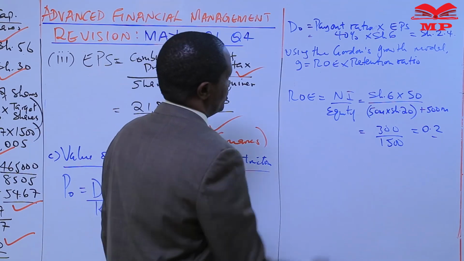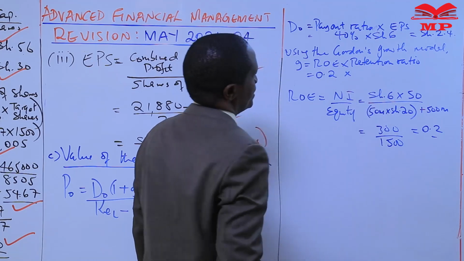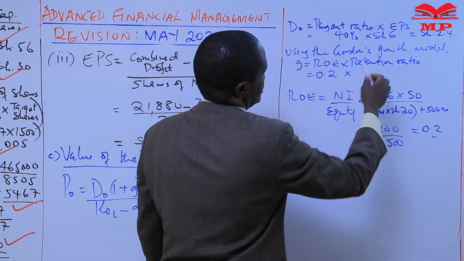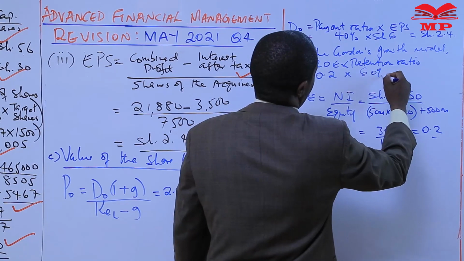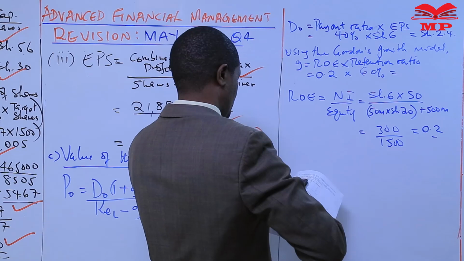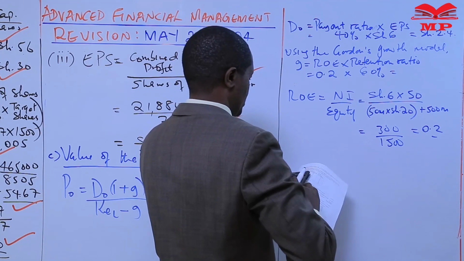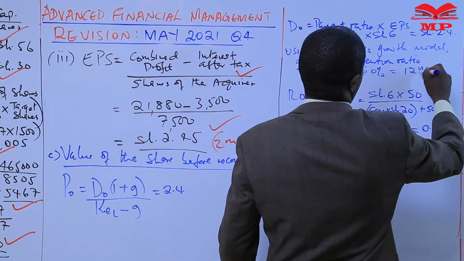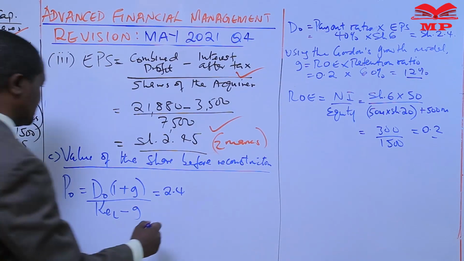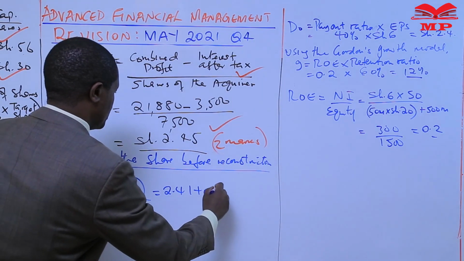So we have the return on equity here, 0.2. We multiply by the retention ratio. If the payout ratio is 40%, the retention ratio we are given in the question is 60%. Therefore, the growth rate will be 0.2 times 60, which is equal to 12%. 12% is the growth rate. So we have 1 plus 0.12